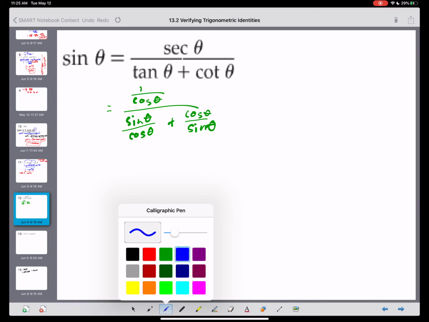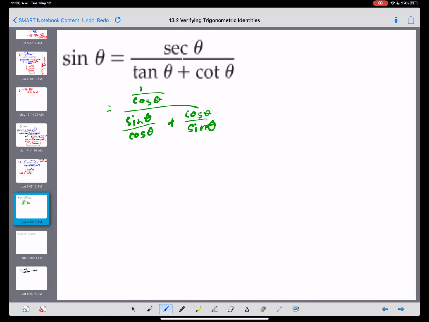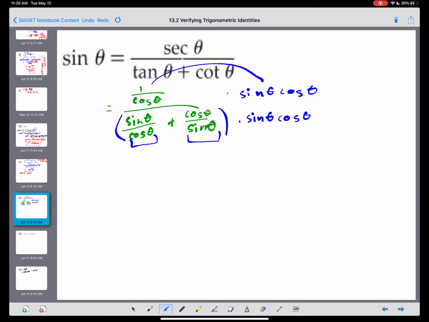Like that. And if you notice, the bottoms have fractions, right? The bottom has fractions, sine over cosine, cosine over sine. So the trick here is I'm going to multiply by the LCD, which is sine theta cosine theta, top and bottom. Whatever the bottom is, I see a bottom that has a sine, I see a bottom that has a cosine. I'm just going to multiply that top and bottom. If you multiply the top, you have a cosine on the bottom and a cosine here, so that cancels out. That just becomes sine